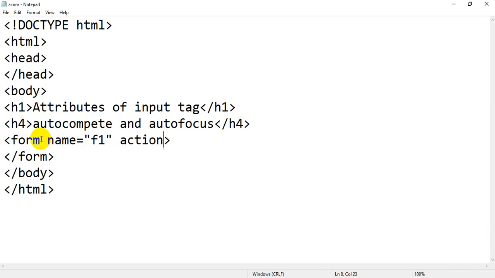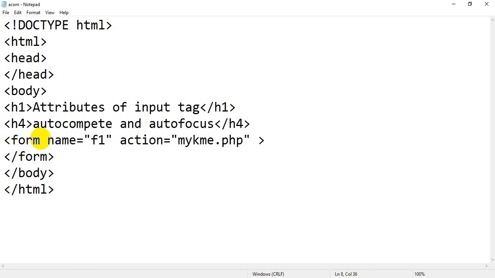I have told you n number of times. Action means how your data will be transferred from this page to your destination page. So action equals the page name or the destination name. So the destination is my kme.php.